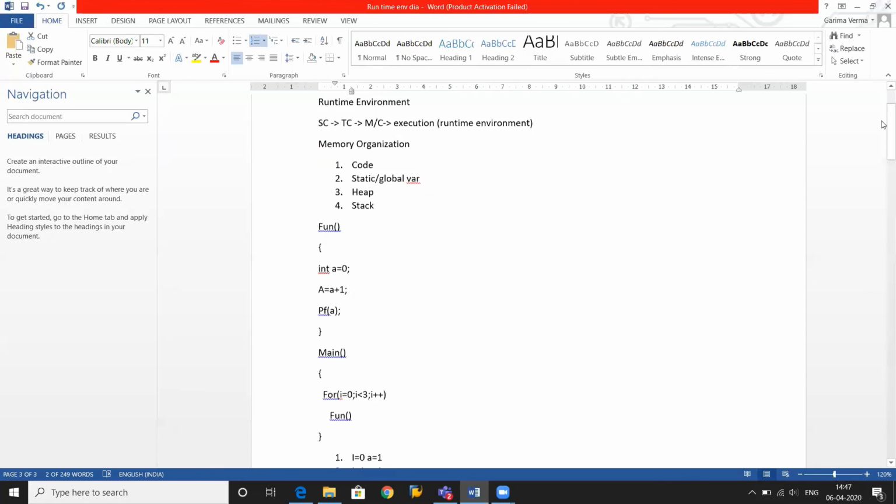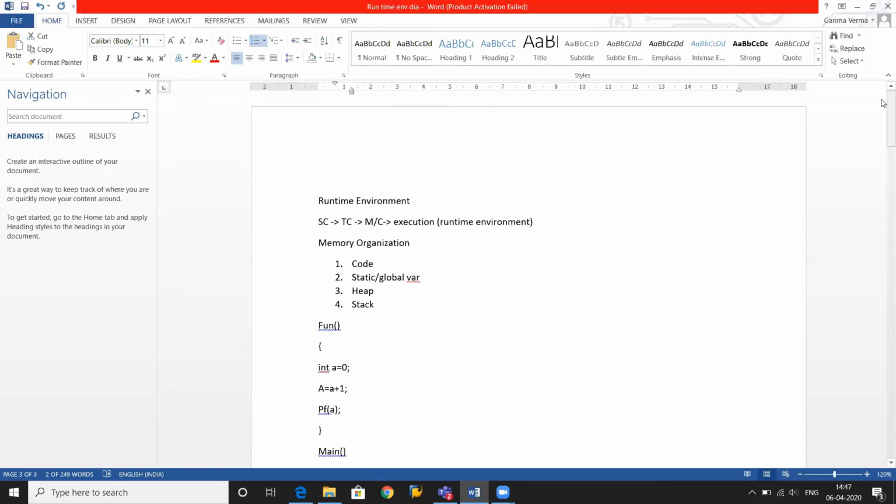So this is all about the runtime environment. So we'll take one revision. What is the runtime environment? The runtime environment is basically the environment that is required by a program in the memory for the time